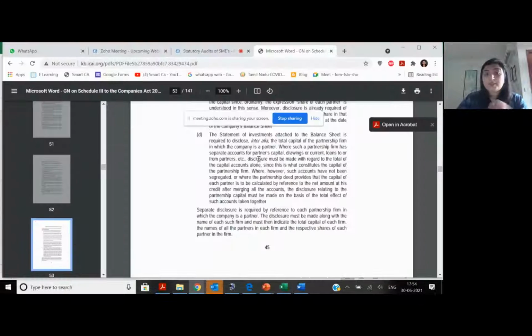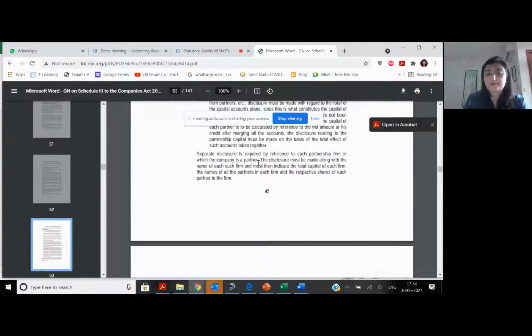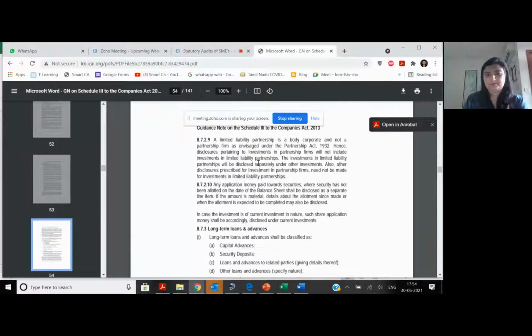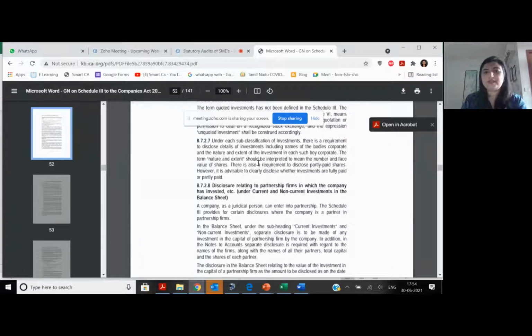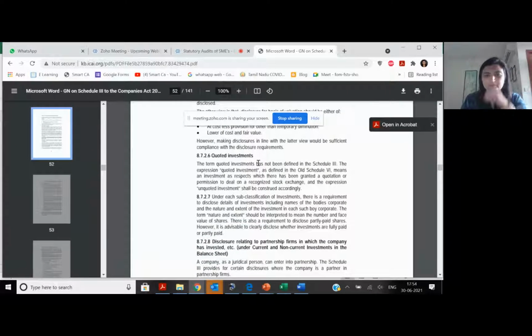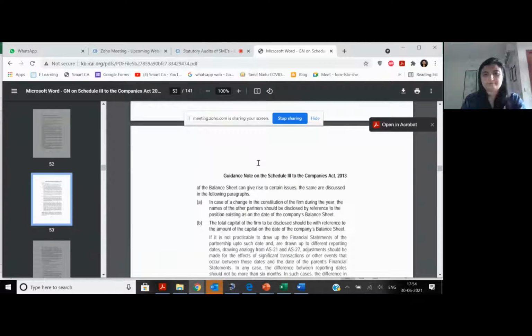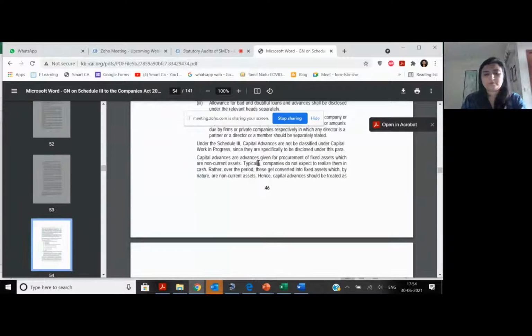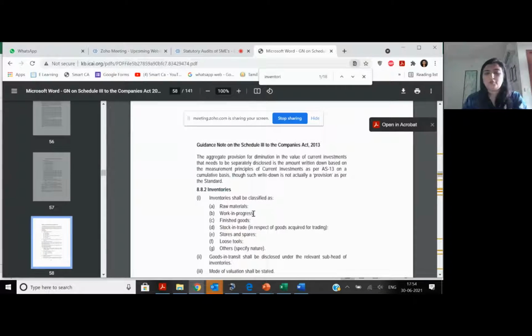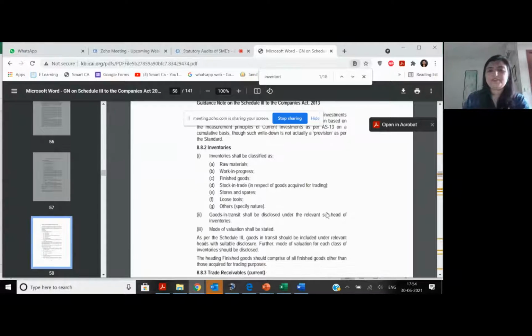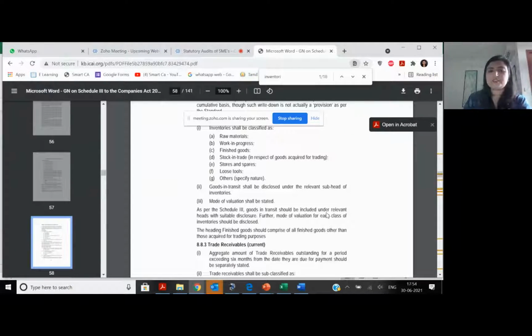So what does Schedule 3 talk about inventories? There is a very clear disclosure. Raw materials, WIP, FG, stock and trade, stores and spares, loose tools, others. This becomes even more important next year.